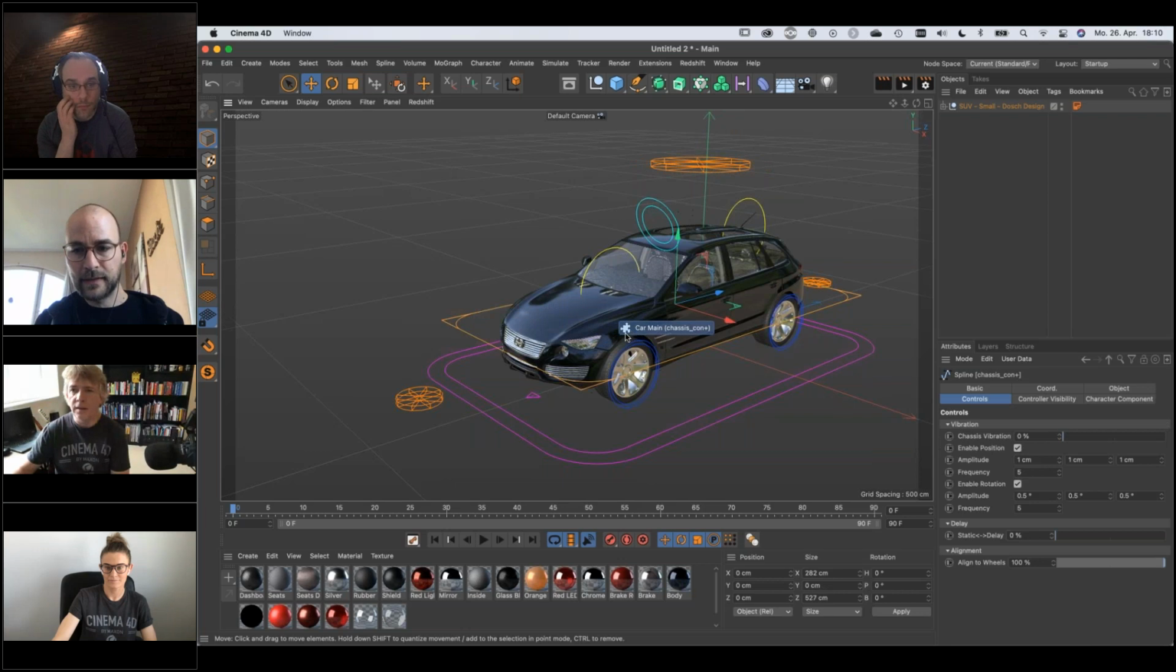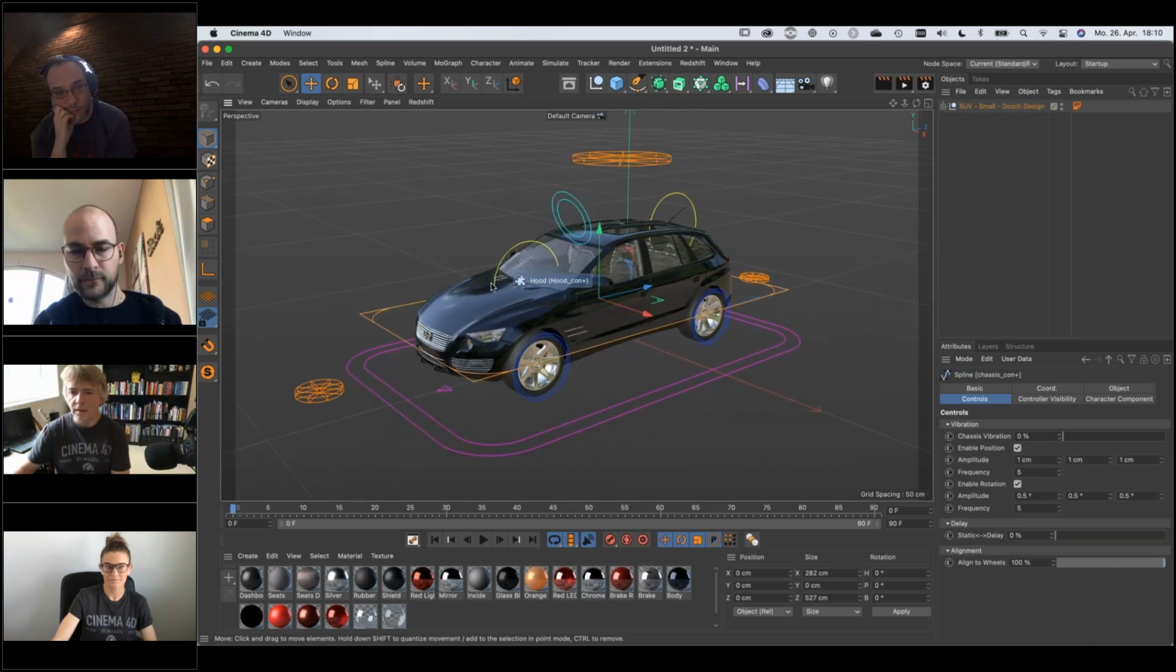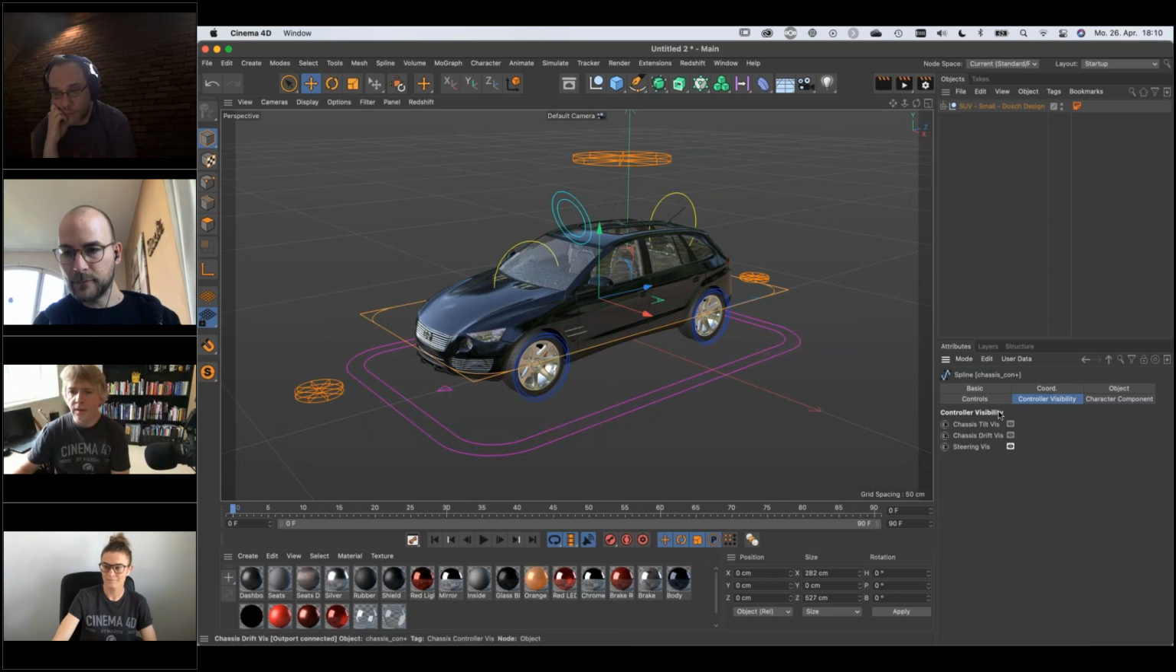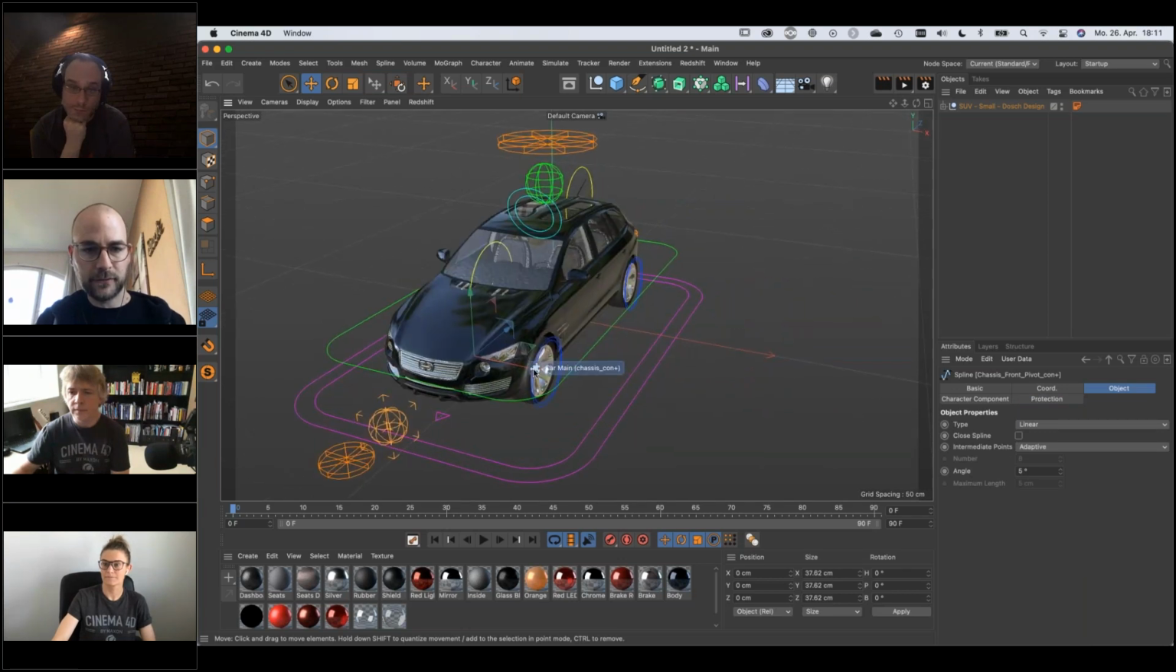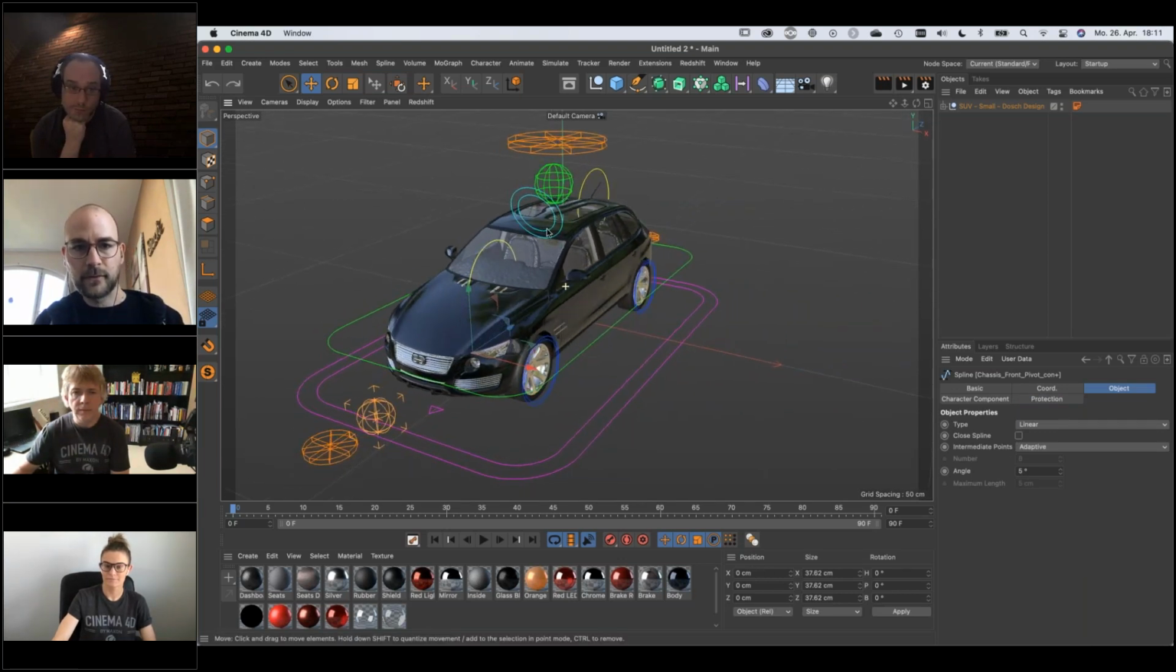And if we select the chassis controller, you can see that we also have controller visibility. And here we've got even more. First of all, we can get rid of the steering controller, but we also have a chassis drift and a chassis tilt. So these are actually controllers that help you doing pretty much the same thing that you can do with the main chassis controller, but in a different way here, like so, or up here,